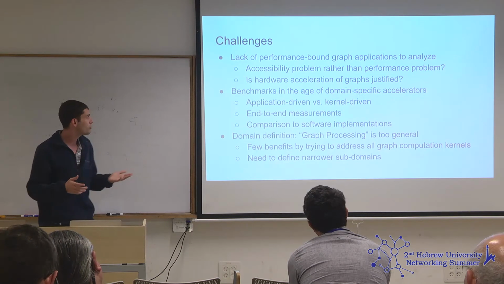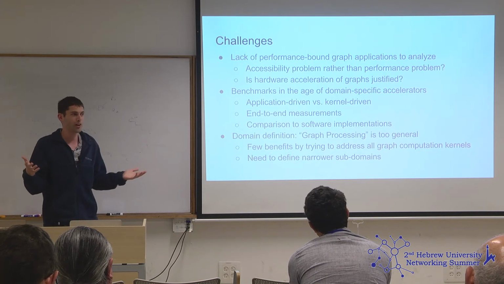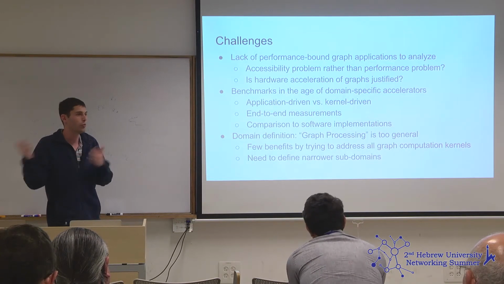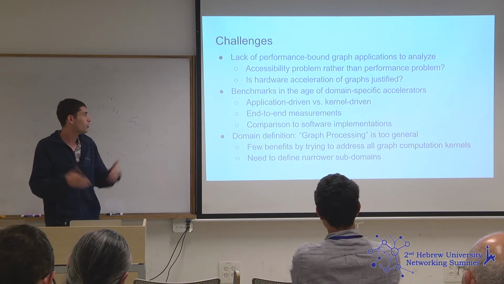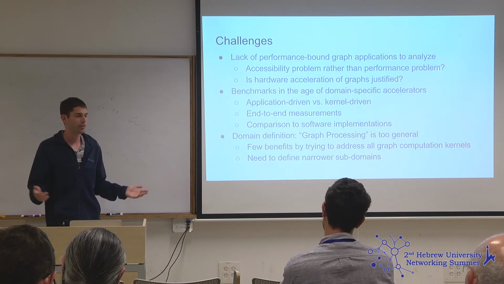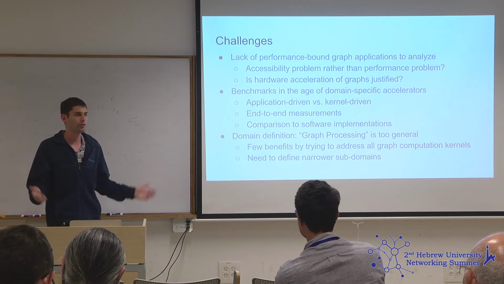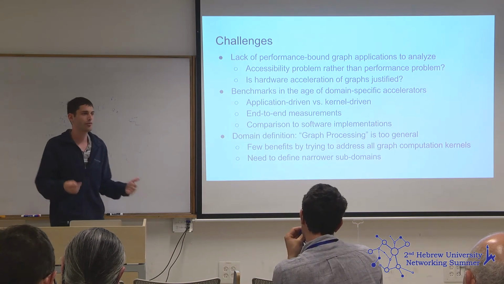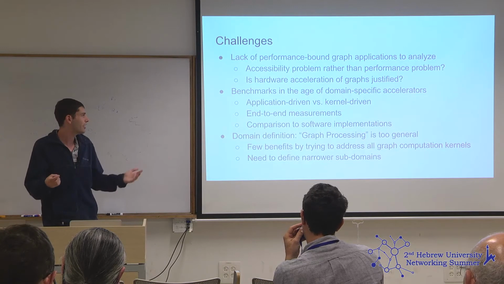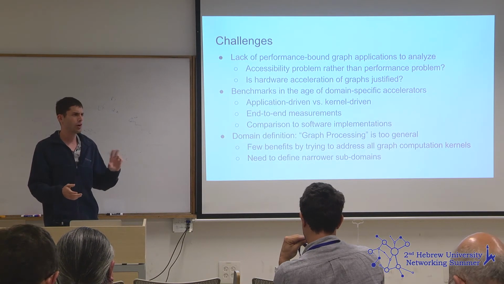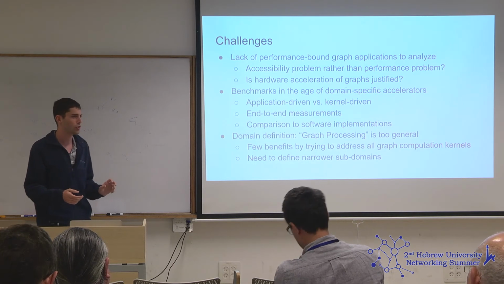Some of the challenges we have are the lack of performance-bound graph applications to use. We have those data sets, but we don't know what applications we're trying to solve for. When we're talking about benchmarks, a very popular benchmark in the graph world is the Graph 500, which is a BFS. But again, what can I do with a BFS? That's how we come up with a lot of solutions that can't be used for anything. And I think it also measures graph construction, but